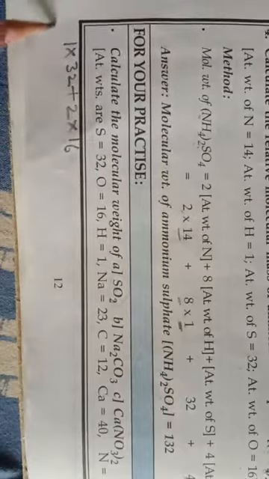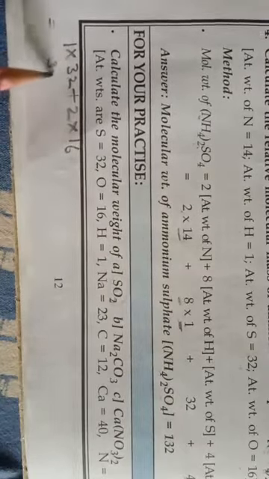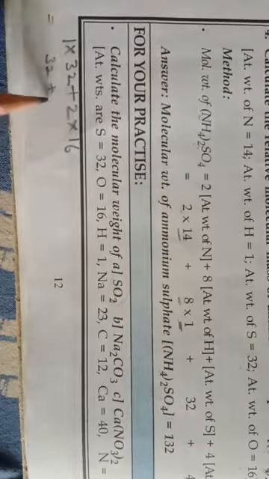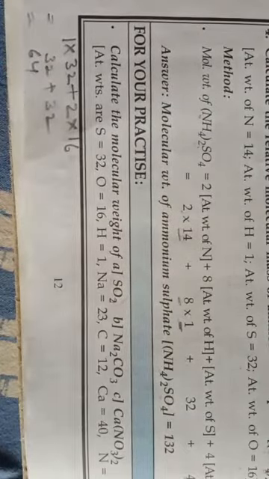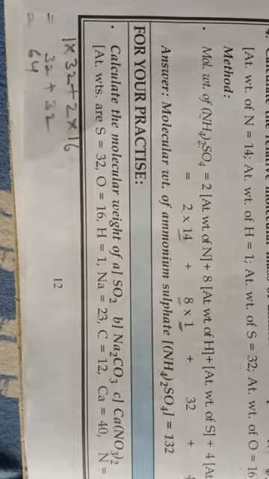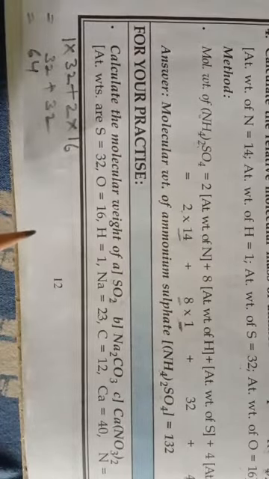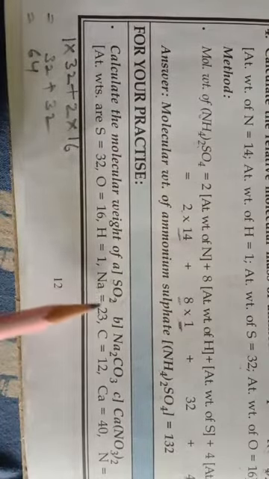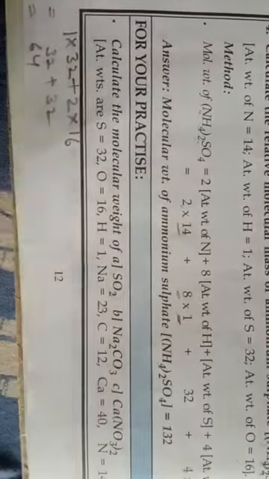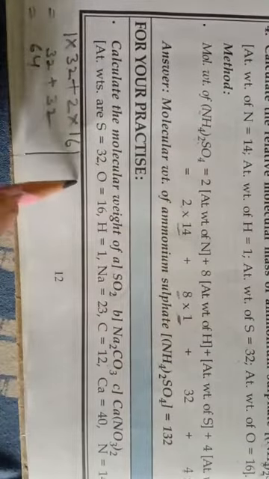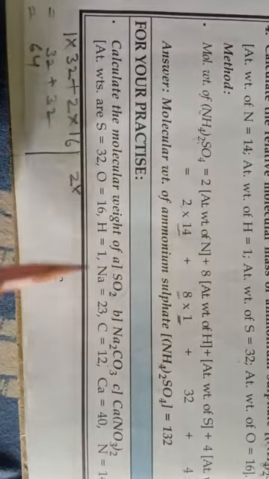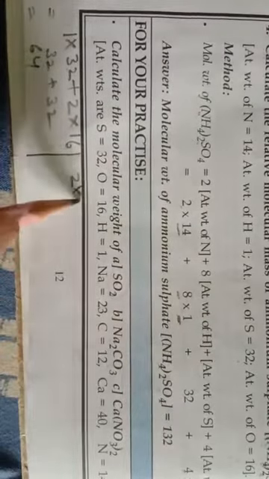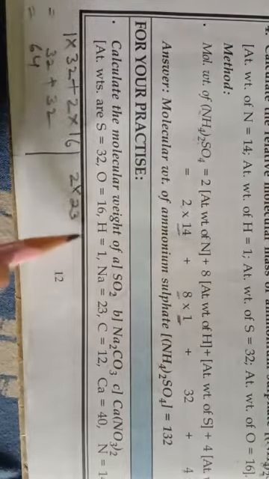Okay children, so 1 into 32 is 32, plus 16 into 2 is 32. So it becomes equal to 64. This is the relative molecular mass of SO2. Okay children. Now next is sodium carbonate. There are 2 atoms of sodium, number of atoms into the atomic mass of sodium, and the atomic mass of sodium is 23. So 2 into 23, plus